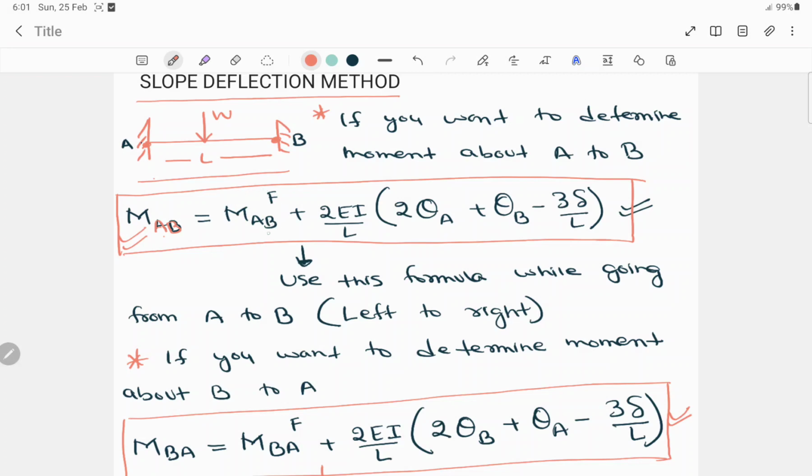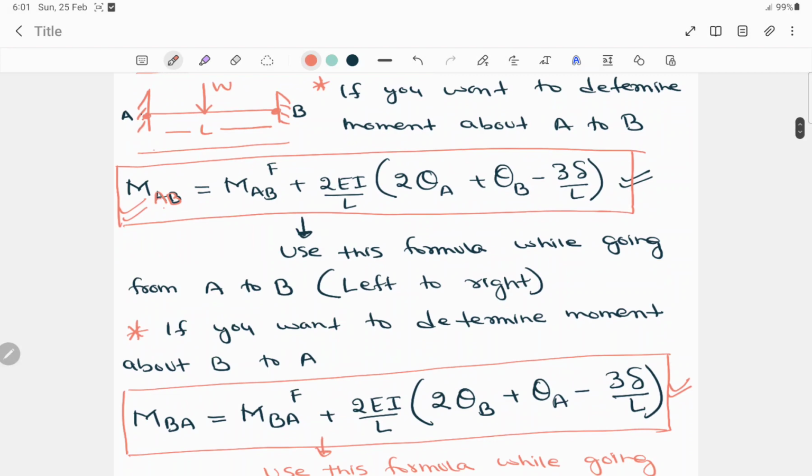I'll explain it in detail later. Plus 2EI, where E is the Young's modulus or modulus of elasticity, I is the moment of inertia, L is the span, theta is the slope, and delta